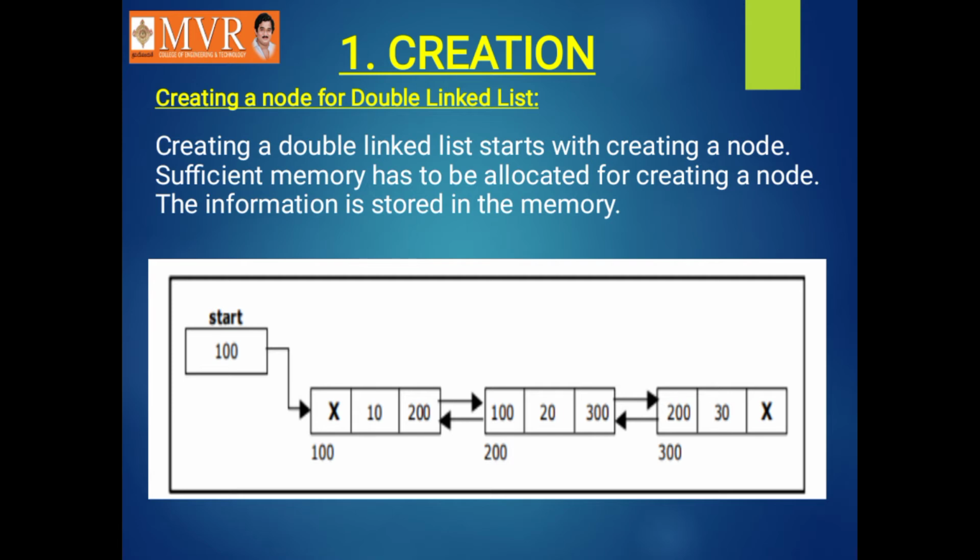For creating any node or any double linked list, we need a new node, and we take this node from the memory bank. A memory bank contains a number of nodes, and if we want any node, we contact the memory manager, who is in charge of the memory bank. He will search for the particular node requested by us in the memory bank, and if it is available he will give it to us, and then we will create our double linked list.